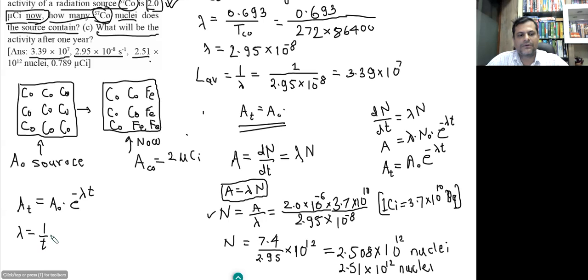log to the base 10 of the ratio of initial activity to the final activity, that's it. Actually this formula is in terms of the number of nuclei, but it's okay if we use it for activity, because the number of nuclei and activity are just in proportion, and that's why we can use it here. Now if we take this t to that side,